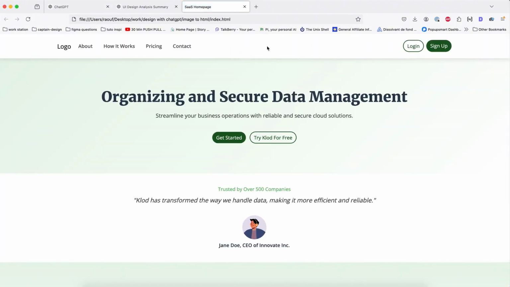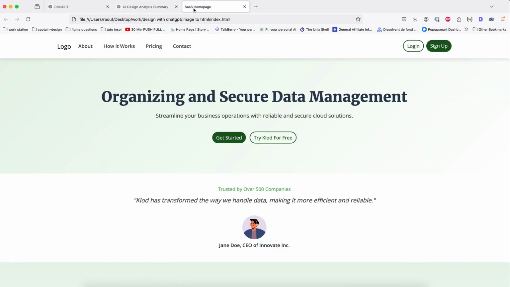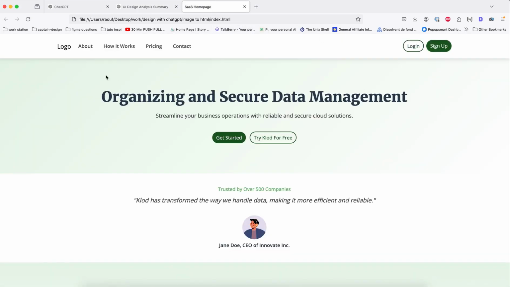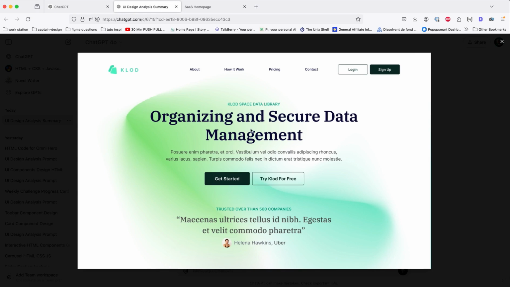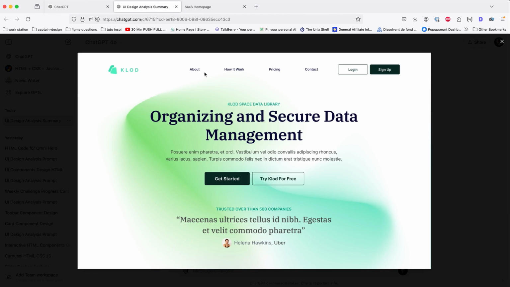And here we go. Now let's compare it with the previous screenshot. For the previous screenshot, let's go back, and here, as you can see, we don't have a 100% close result, but we have the components, the buttons, this is the logo, and so on. And this is the quote, we didn't write any prompt for this. We let ChatGPT create its own prompt to create this design based on this, and we can always go back and